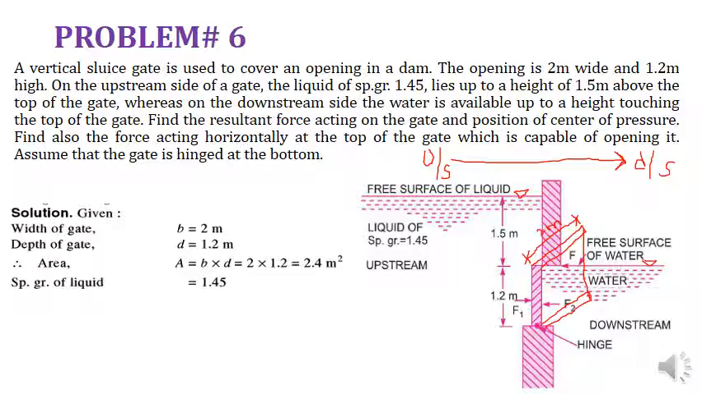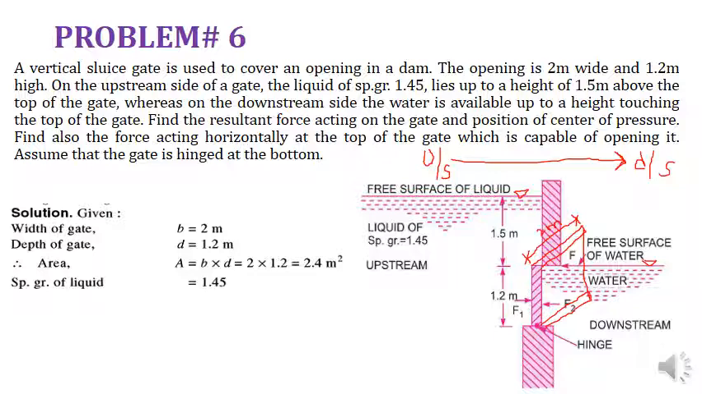So obviously once the forces or pressure are there, the center of pressure formula is also with you, you can determine it very easily, and we will do it. Find also the force acting horizontally at the top of the gate, which is capable of opening it. So from the downstream side, if the water is exerting a certain force, you need the resultant force at the top of the gate